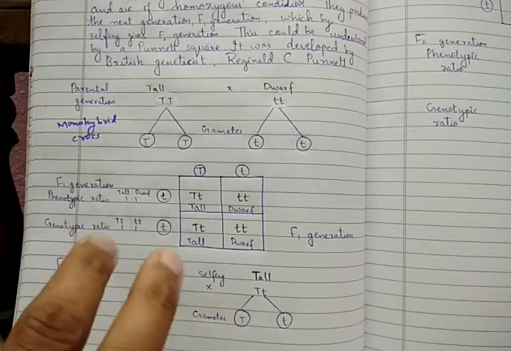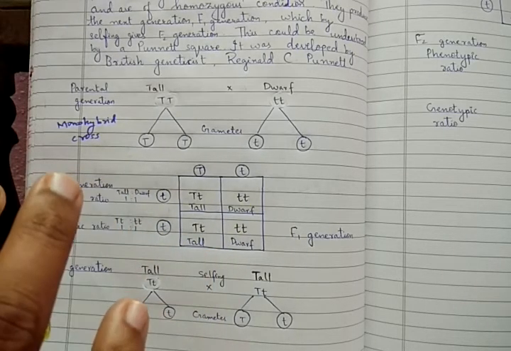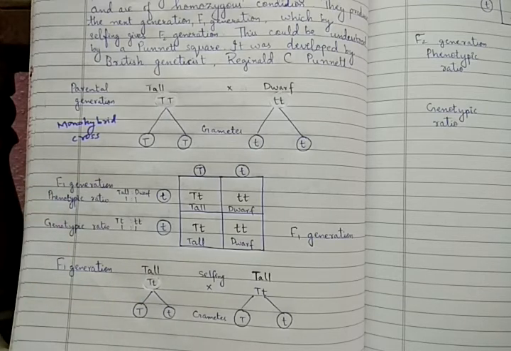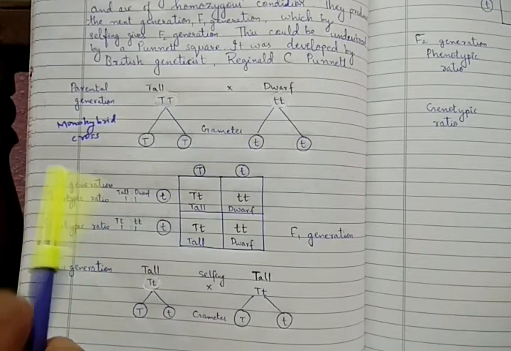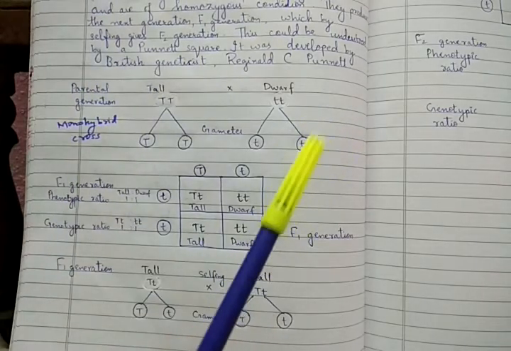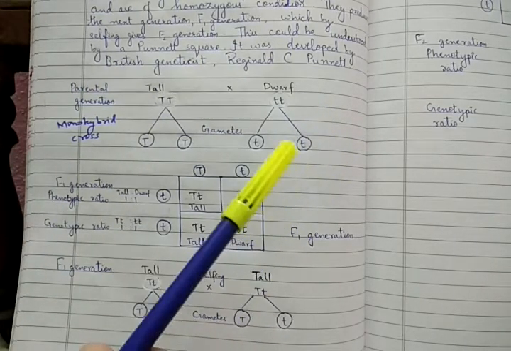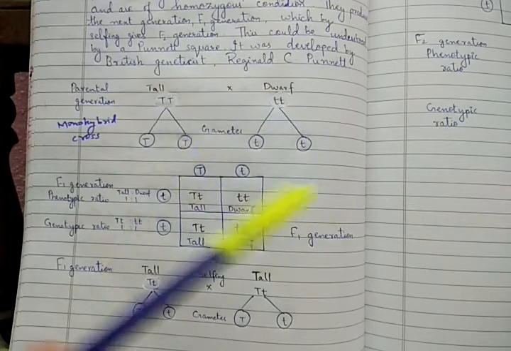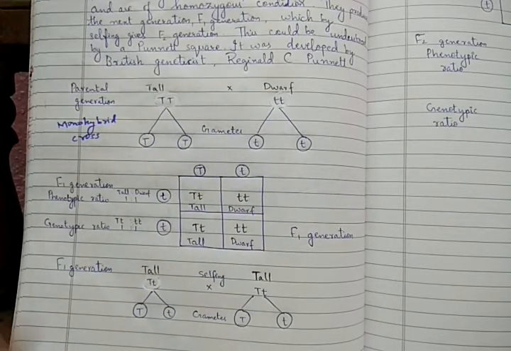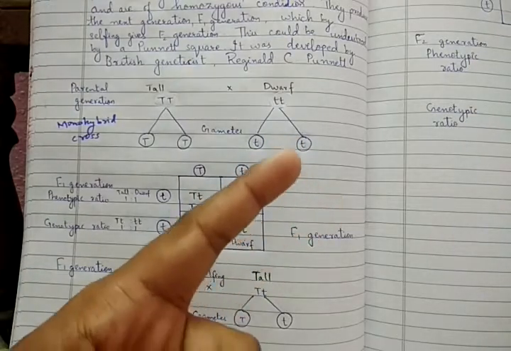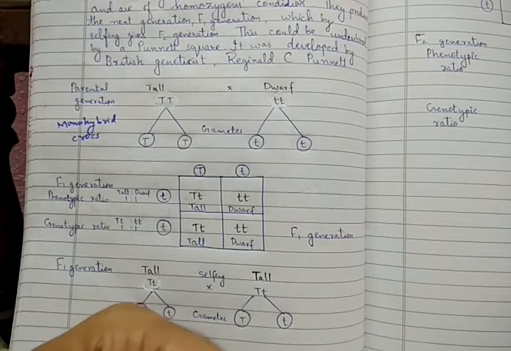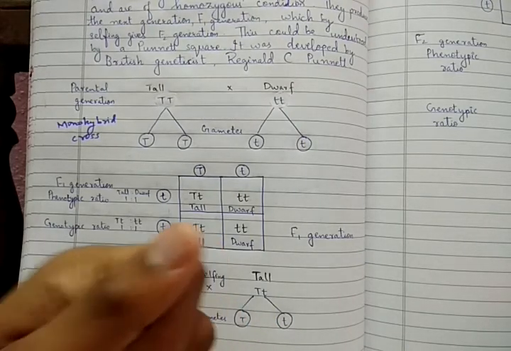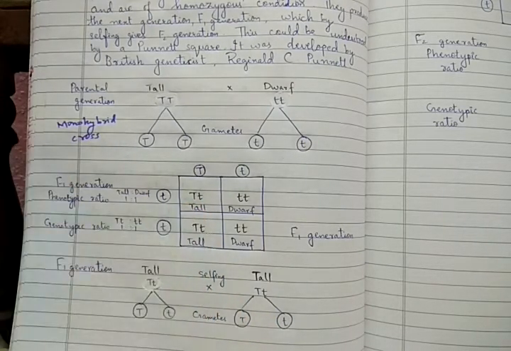Actually we are going to study what possibilities or probabilities we can get if we cross such two characters, because we well know that if a tall plant and a dwarf plant are crossed, the possibility of getting a plant is only one. We will get only one possibility of plant from that, right? So what could be that probability, or how much percentage of chances can we get from that? We will discuss that.